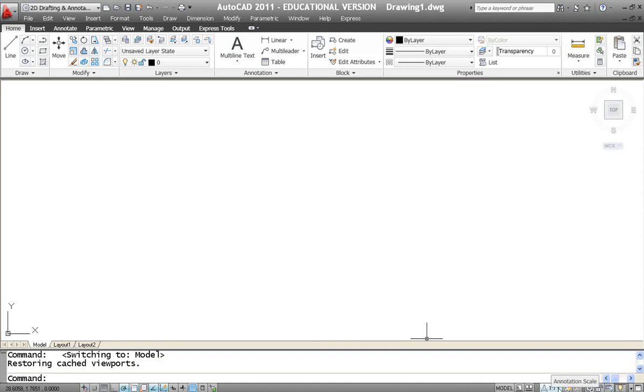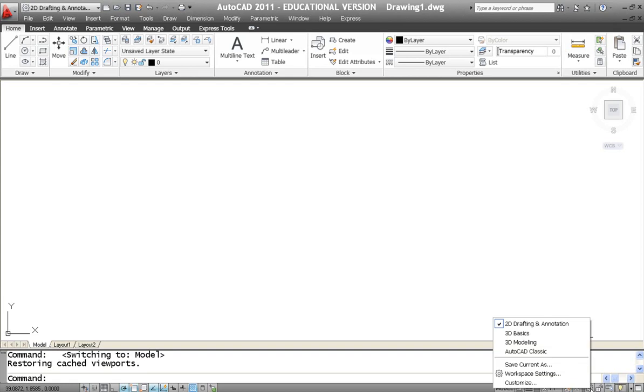As you start plotting, you're going to determine a scale to plot many drawings at. If what you're drawing is too big to fit on a sheet of paper actual size, then you would create a scale. 1/4 inch equals a foot for an architectural scale, 1 to 10 maybe for something structural detail, 1 to 2 possibly for a mechanical part. We'll leave that for a later time, and these other buttons we'll leave for a later time as well, except